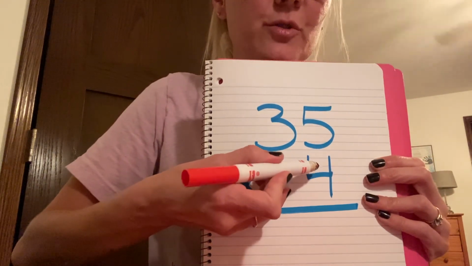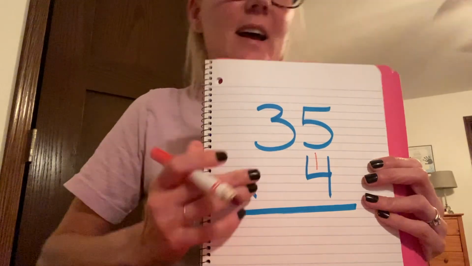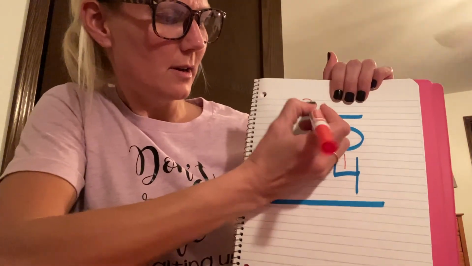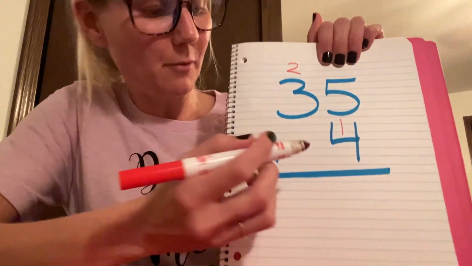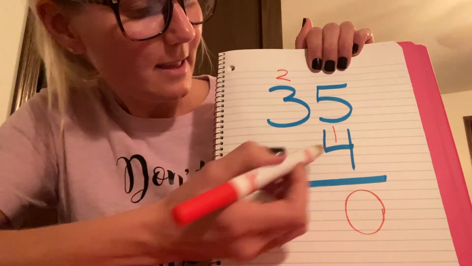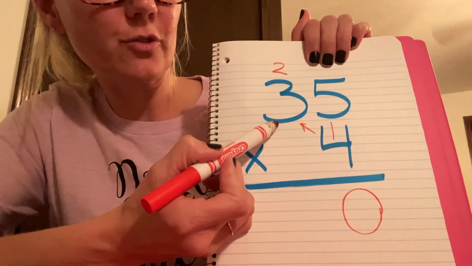So remember, you go straight up and down first. So 4 times 5. 4 times 5 is 20. So I'm going to carry the 2 on top of the 3, and I'm going to put my 0 straight down below. Okay, then I'm going to go kitty corner, and I'm going to take 4 times 3,